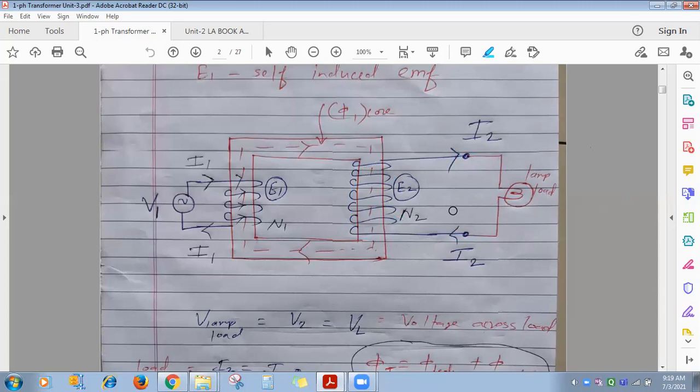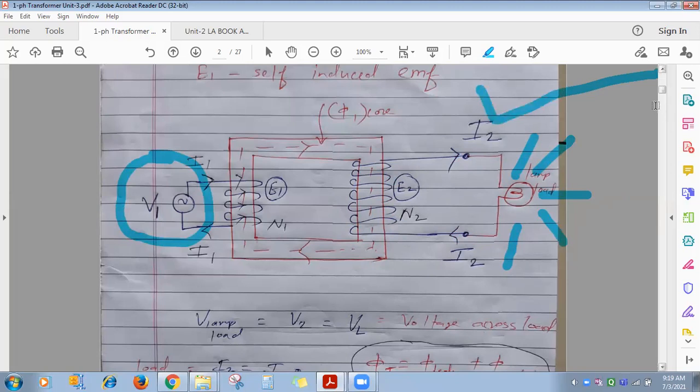Okay. Now here, the lamp will glow because current is flowing through this lamp, isn't it? Now, what does it mean? Electricity or voltage, you can say, you have applied across primary, but it gets transferred to secondary, isn't it? So this is called the working principle of a transformer. Transformer is a static device. It transmits electrical energy from primary to secondary with the change in voltage and current. But what about frequency?